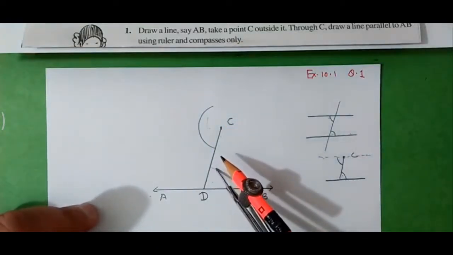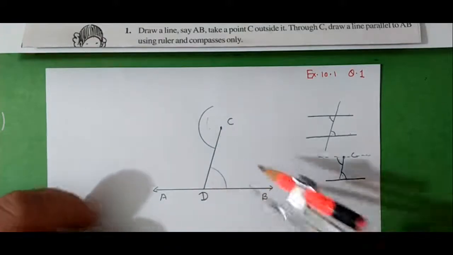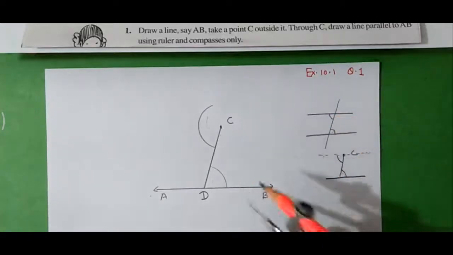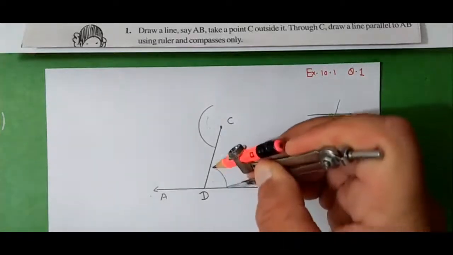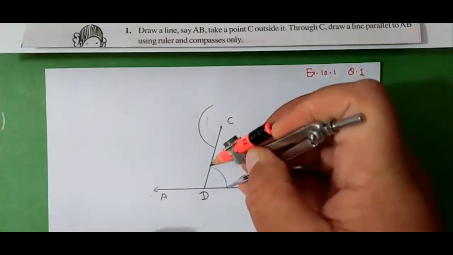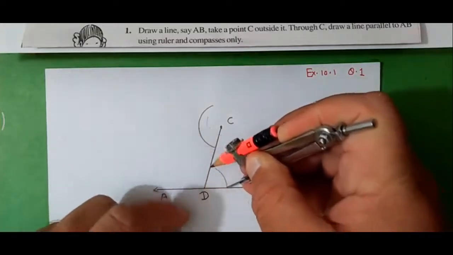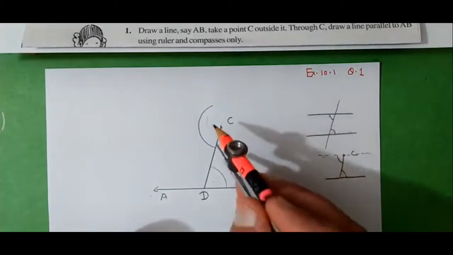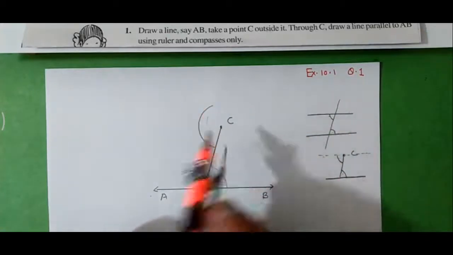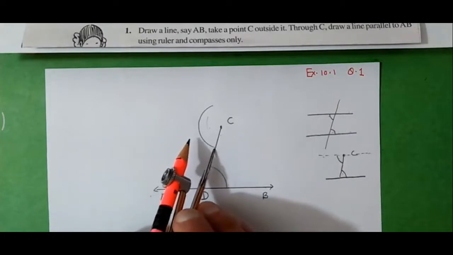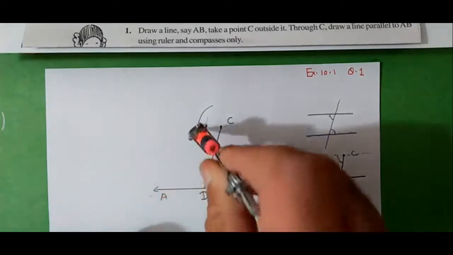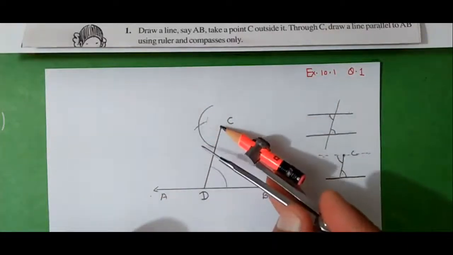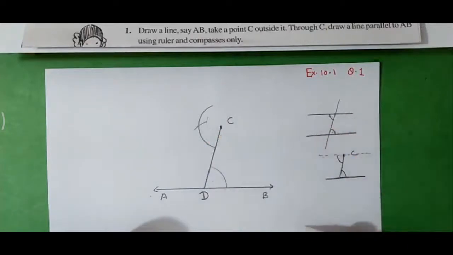Now here you are required to measure this arc in your compass. अब ये जो आर्क हमने D से बनाई है, यहाँ पे इस आर्क की लेंथ को मेजर करेंगे. We are measuring this and according to this we are required to change the distance in your compass also. अब हमने इसको measure कर लिया है. Now we will mark an arc again on the upper side arc by putting our needle here. Now you can see, and then we will mark without changing it. Now this is the point from where we are required to draw the parallel line.